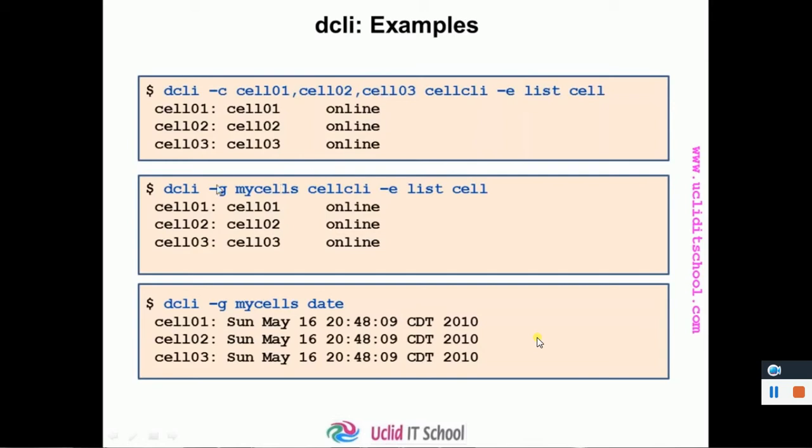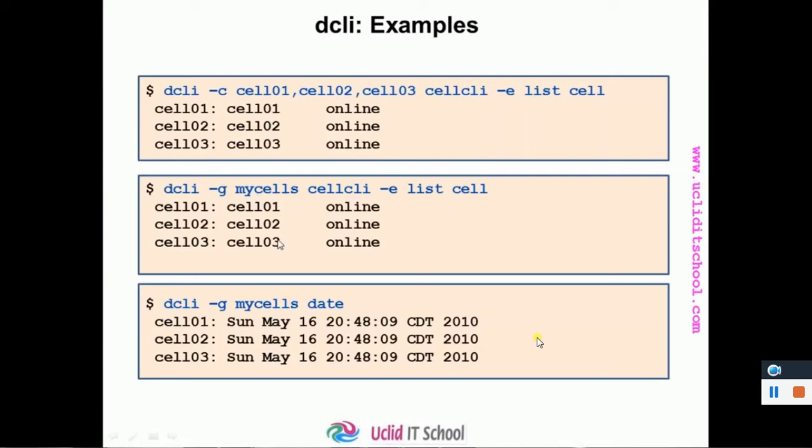This group file can be passed as an argument to dcli. So dcli -g mycells, and again the same command, cellcli -e list cell. The only difference between the first command and this command is, in the first command I am typing the cell names individually. In the second command I am not typing the cell names, I am passing the file. This file has the cell names.